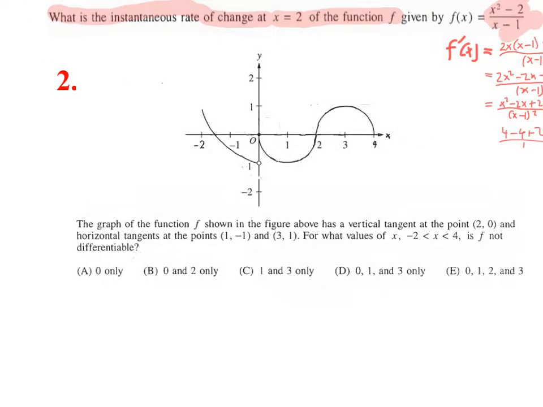Jingle bells, jingle bells. Alright, the graph of the function f is shown in the figure above and has a